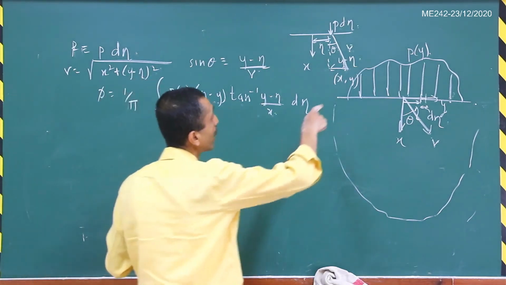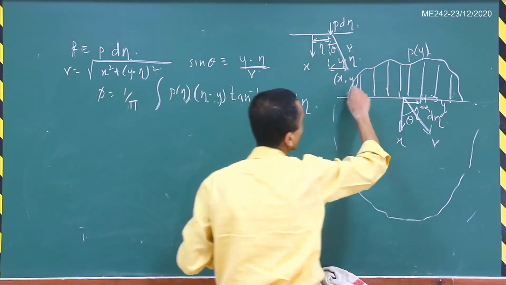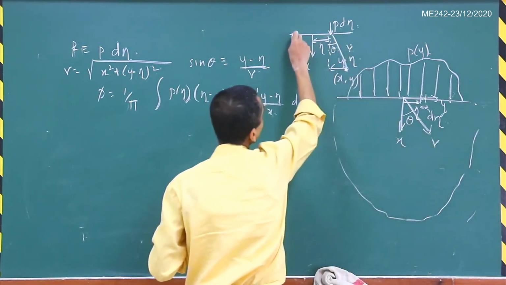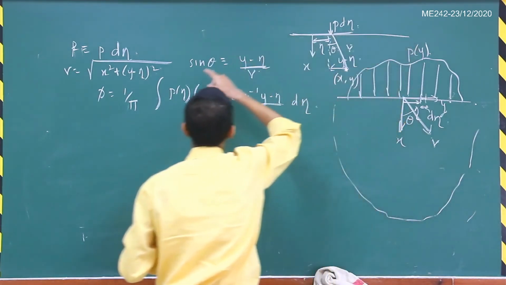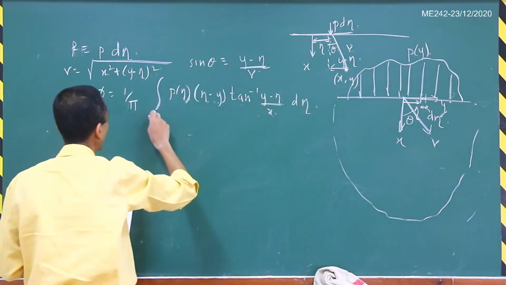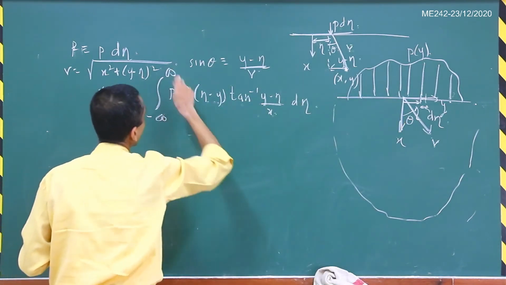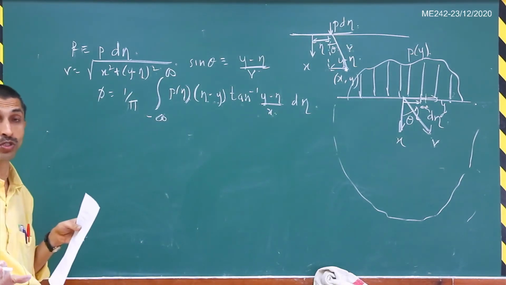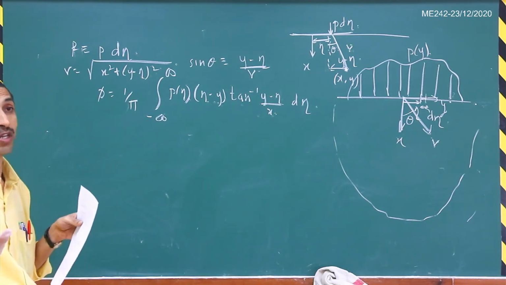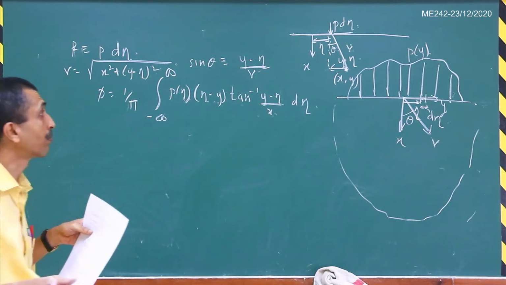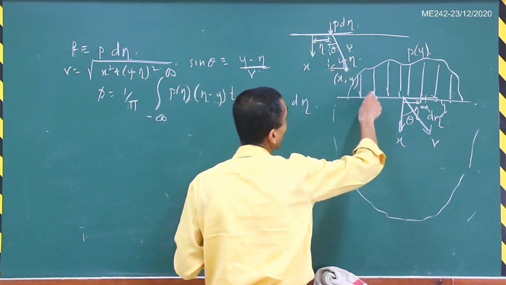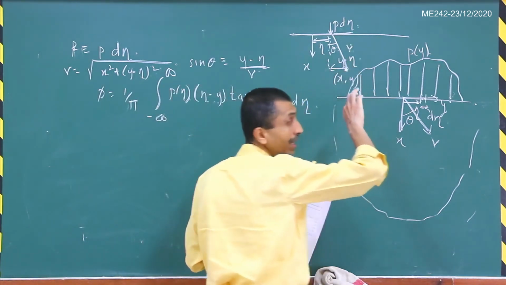And now you have to integrate it because you are finding out the effect at all the eta. So you have to integrate it from minus infinity to plus infinity. This will give me the total Airy stress function here, right? And because it is a scalar, I am allowed to superpose. Suppose if it had been a vector, you have to be careful. You cannot simply superpose. If it's a radial vector or something like that, you have to be careful, right?